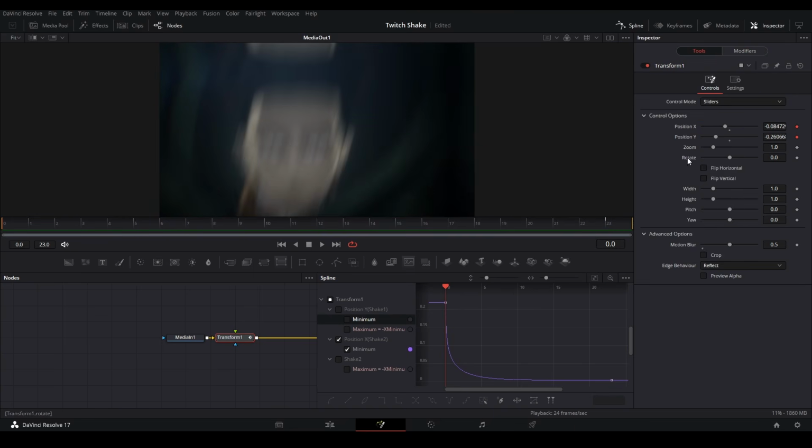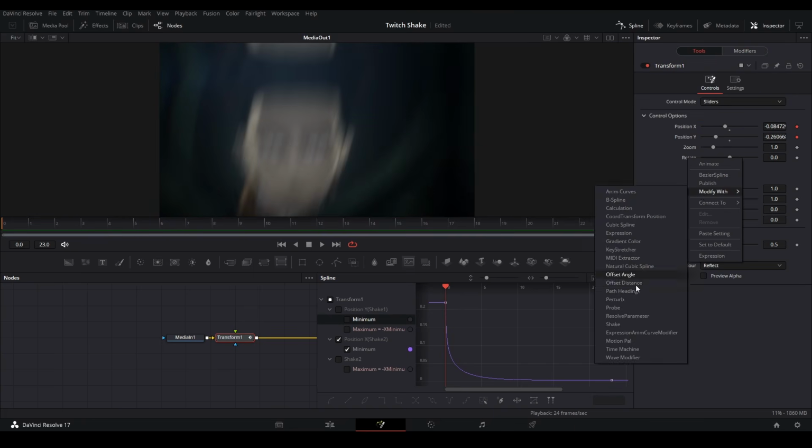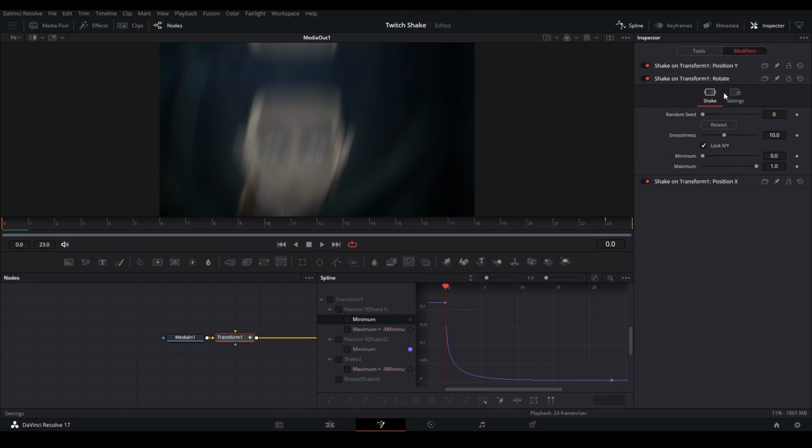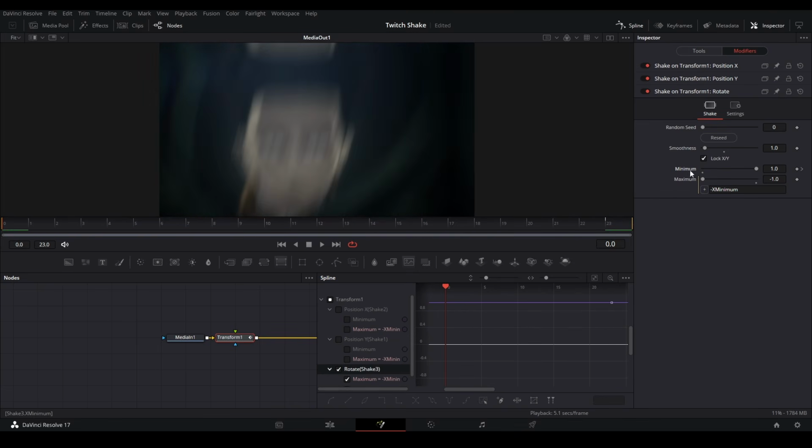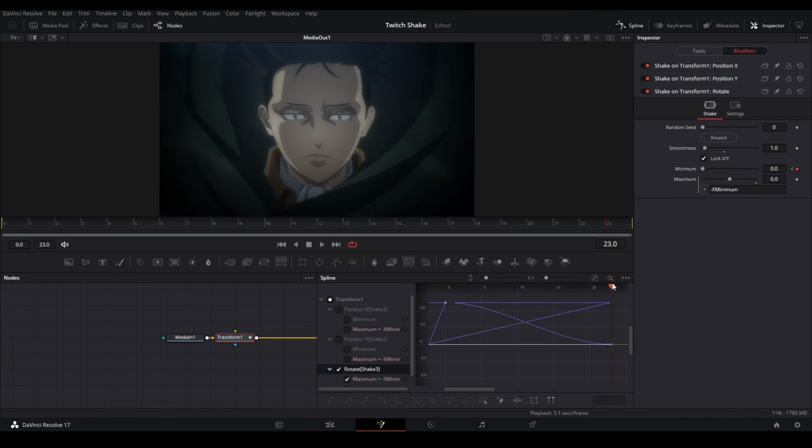Same process for rotation. So modify with, go down to shake, go up to modifiers. In the rotate tab we have here, let's bring this to 1. Let's make this equal sign the inverse of this value over here, and then raise this value to however we want. Now it just only does a 1 rotation just like that, and then keyframe this from whatever value to whatever value. That 0, and then